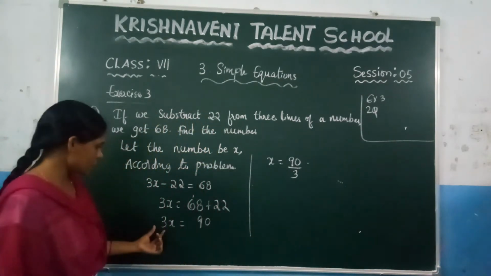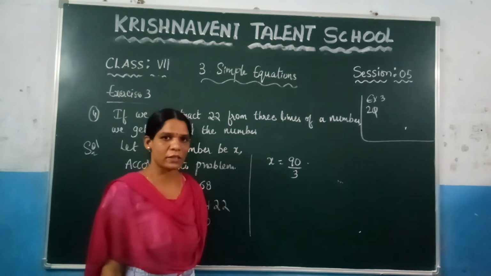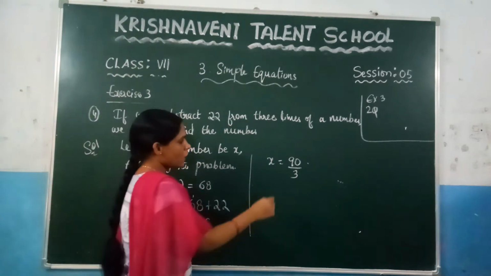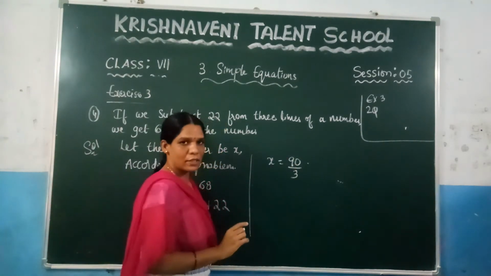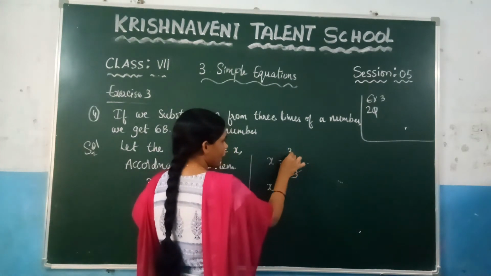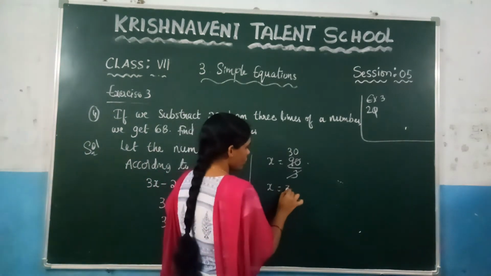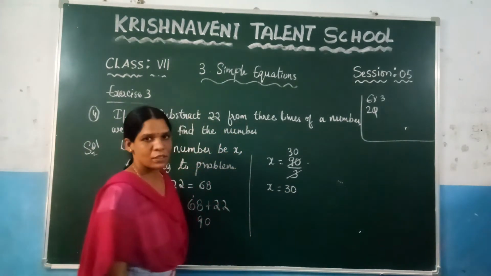Here multiplication is there, if you take it to this side, it will become division, so that you will get x is equal to 90 by 3. Now you need to check in the 3 table when you will get 90. Clearly here itself you can cancel. You know that 3 3s are 9. 0 is left, so you will get here 0. So what you are getting here is 30.